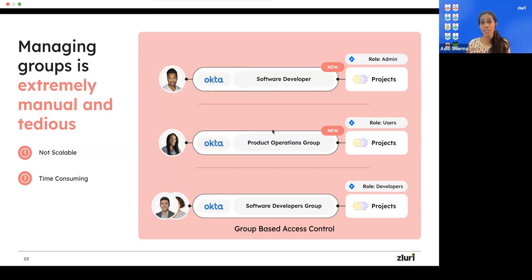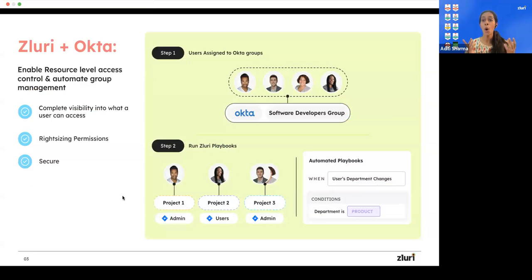This again is not scalable because I feel this is something you can do when there are maybe a handful of employees in a company. But what happens when there are hundreds or thousands of employees in an organization? Then the identity and access management team is spending a large and unnecessary amount of time unpacking and reassigning groups and permissions, even if there's just one employee whose role or access level has changed. So this again leads to a lot of wastage of time and is a big challenge which teams have shared with us.